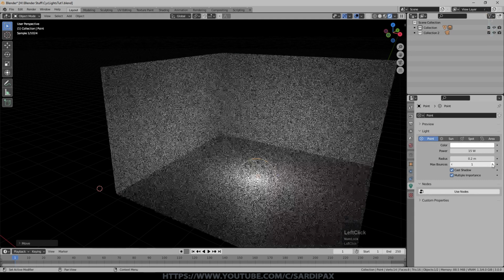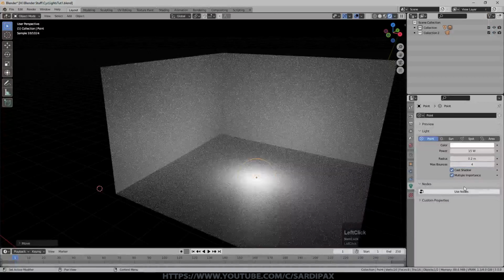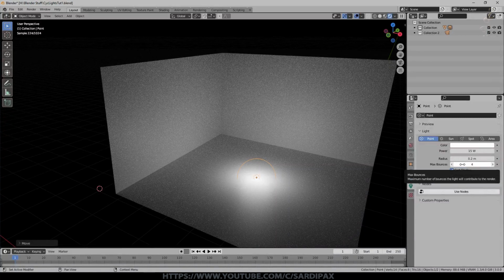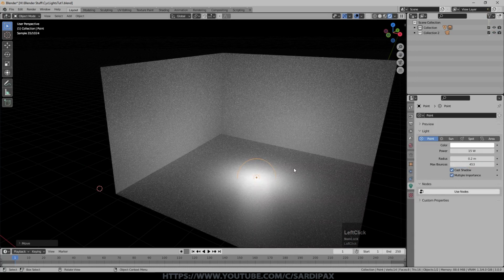As soon as I go up to 1, however, now we have, and then there isn't a huge amount of difference as we go up. Although with a more complex scene, particularly with caustics and things like that and reflections, more bounces will often improve things, and certainly when you're using volumetrics it will. So we can go right up to a silly number, and that obviously makes Blender work a lot harder because it's having to work out many more bounces. Reality is, this is such a simple scene that there aren't any light beams that are bouncing more than 3 or 4 times probably. Put that down to a reasonable number.